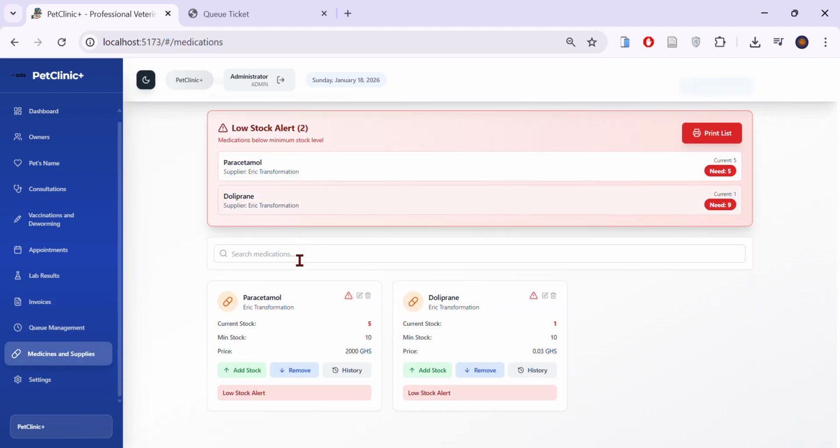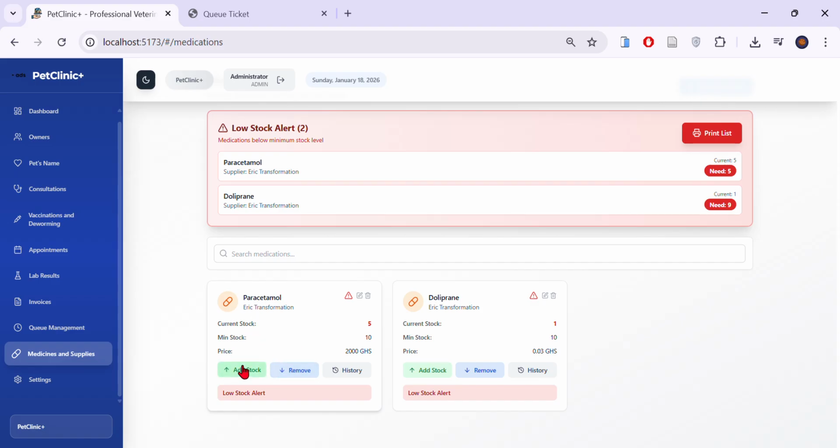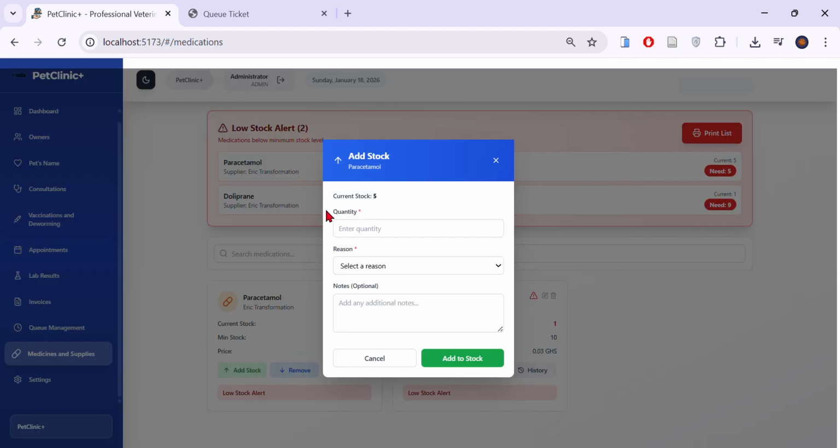So here you have a medicine and supply. Basically, here you can add your different supply and see your low stock alert also. As you can see, you can add stock to create. You click here, you enter the medication name, the supplier, the current stock, the minimum stock or the threshold, the price, and basically you can add stock and also remove. That's just the in-out stock